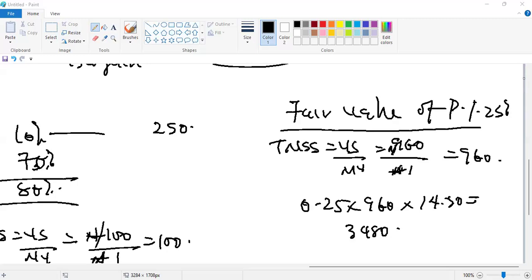What changes between the two? What you have learned is the fair value of the previous investment. No more. In short, if you can apply those 4 things that I've told you, you are good to go. It's only 4 things. The goodwill calculation will change slightly. What makes it change? The fair value of the previous investment.